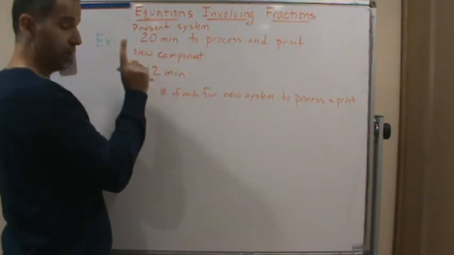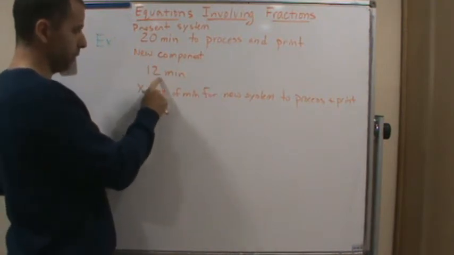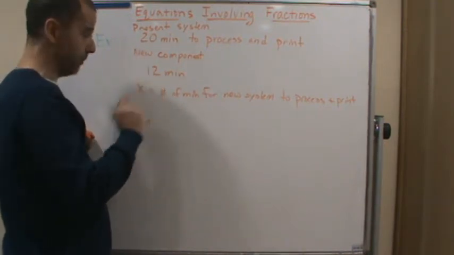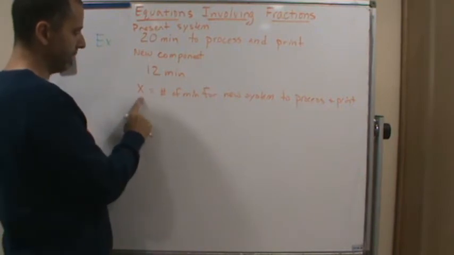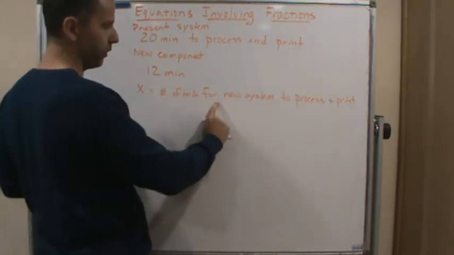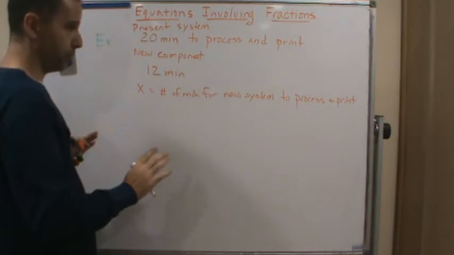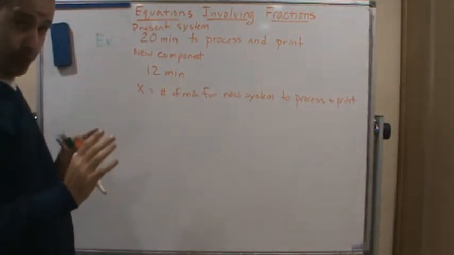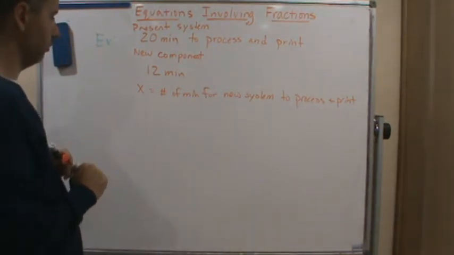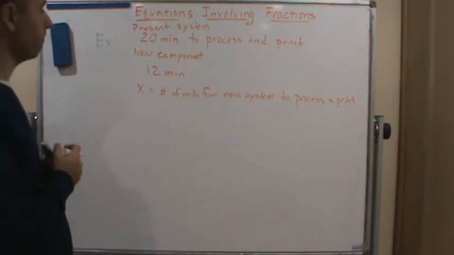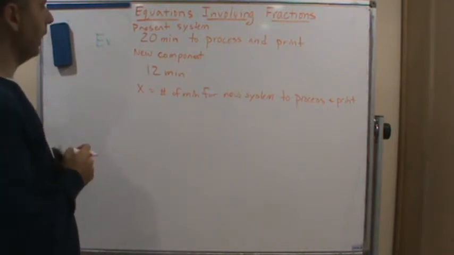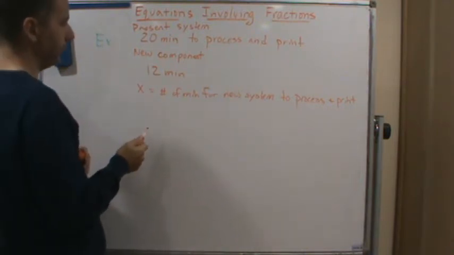This is how long it takes the new component by itself to process the one job. X is going to be the number of minutes for the new system to process and print the one job, right? The information. So we know that